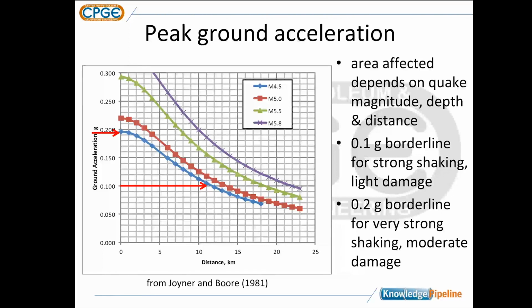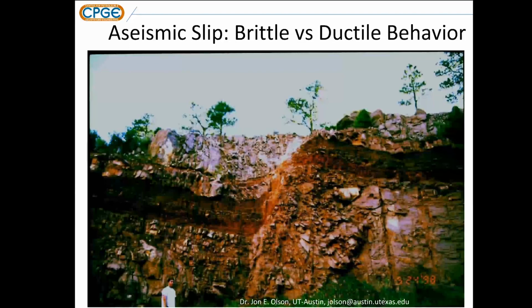Okay, so one last thing about the geology of this problem: sometimes faults slip and don't cause any sort of earthquake. You may have heard there are areas on the San Andreas Fault that slip aseismically. I stuck this picture in here partly because there's a graduate of our department, Russell Parker, there for scale in the foreground. But you can see in this particular slide a fault that's got some shale that's been smeared through it, and there's been a bunch of ductile deformation here, not such a brittle fault. So slip on the order of a couple meters, but this probably wouldn't have generated any sort of seismic activity.